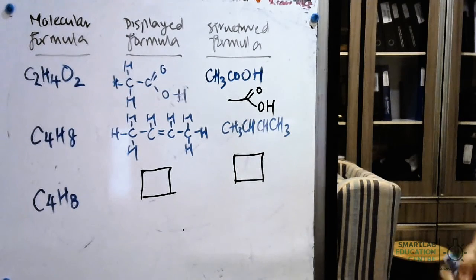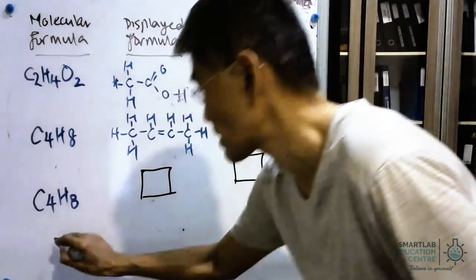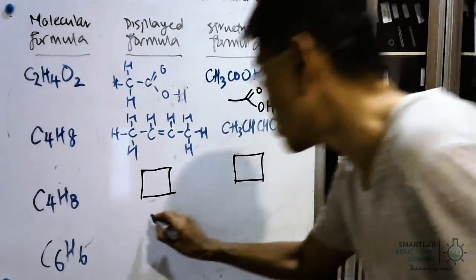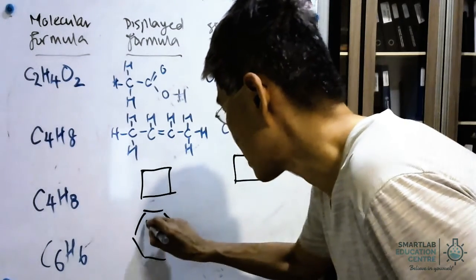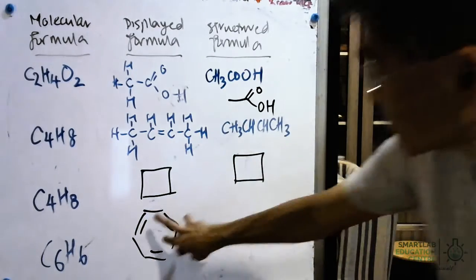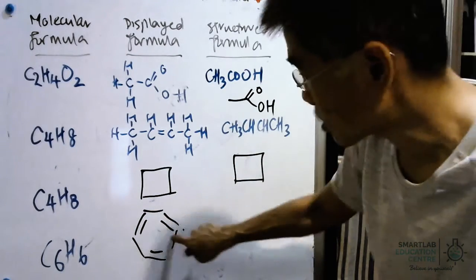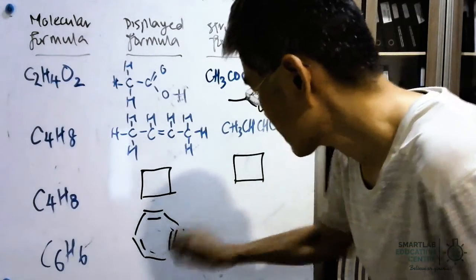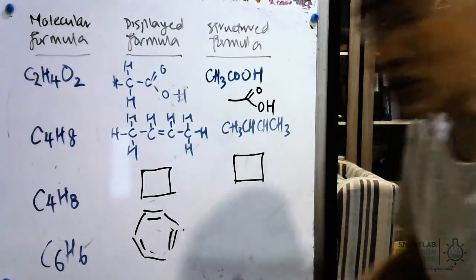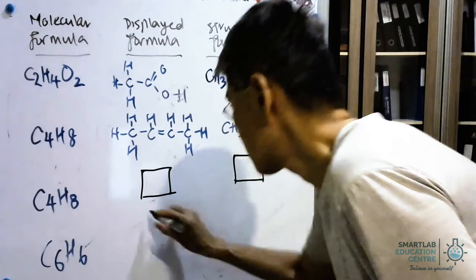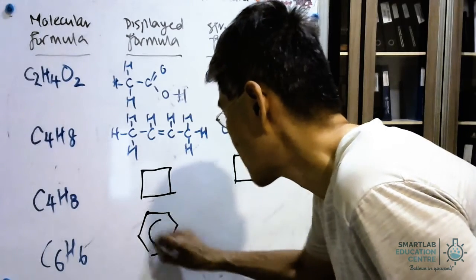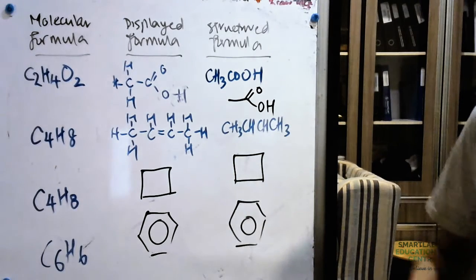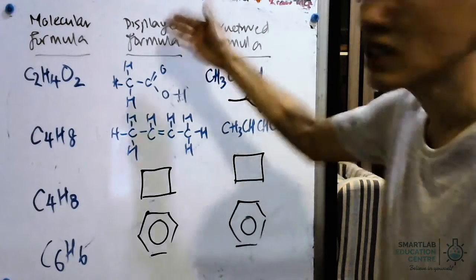Aside from that, we also have the last example, which is none other than benzene. Benzene has 3 sets of double bonds. Some people say you need to depict it in this manner, but as you probably remember, the double bond actually hops. Sometimes it could be here, sometimes it will revert to this. Hence, the best and most accurate way to depict it is to put a circle inside, because the electrons are in actual fact hopping. Both these two representations are both structural as well as displayed formula.